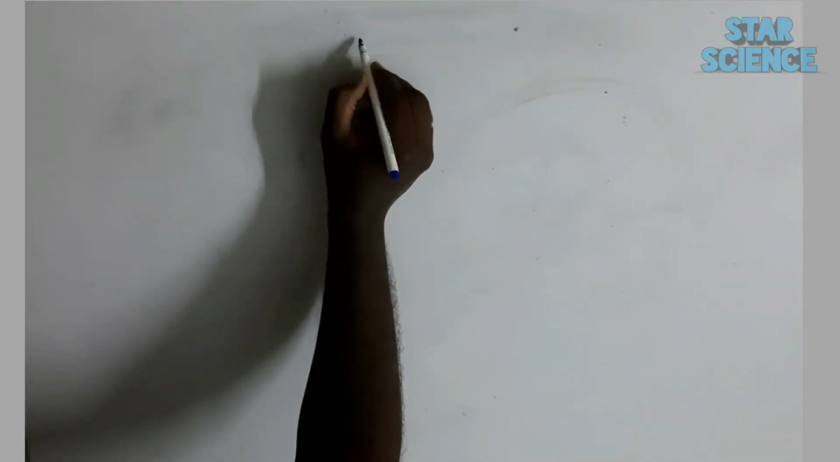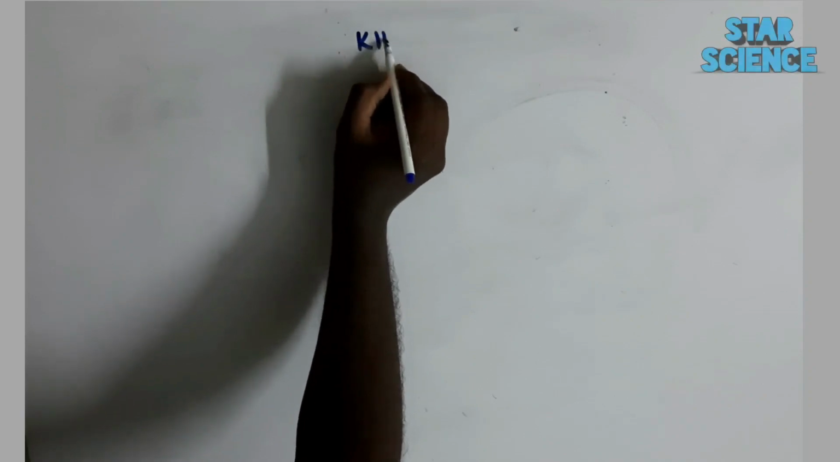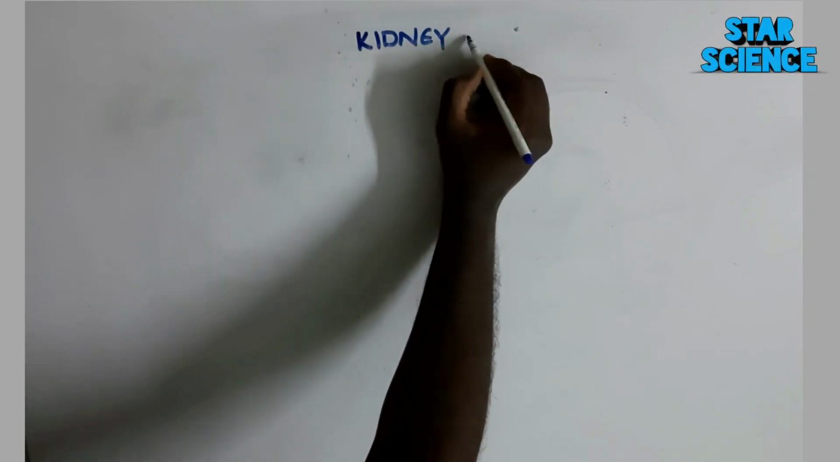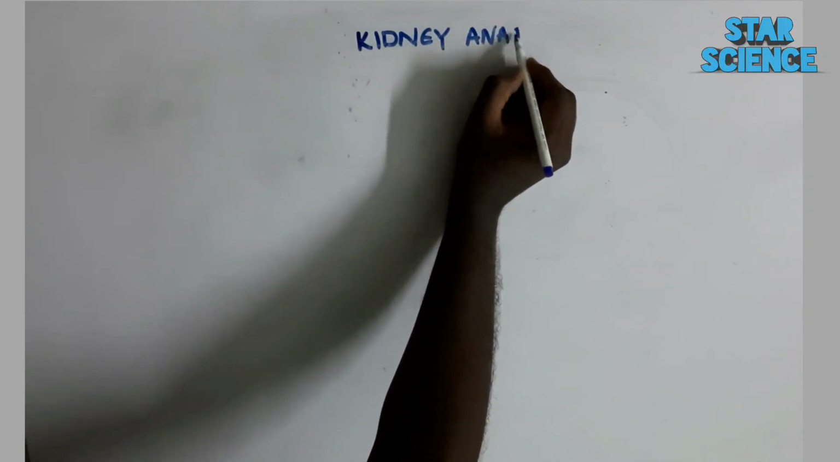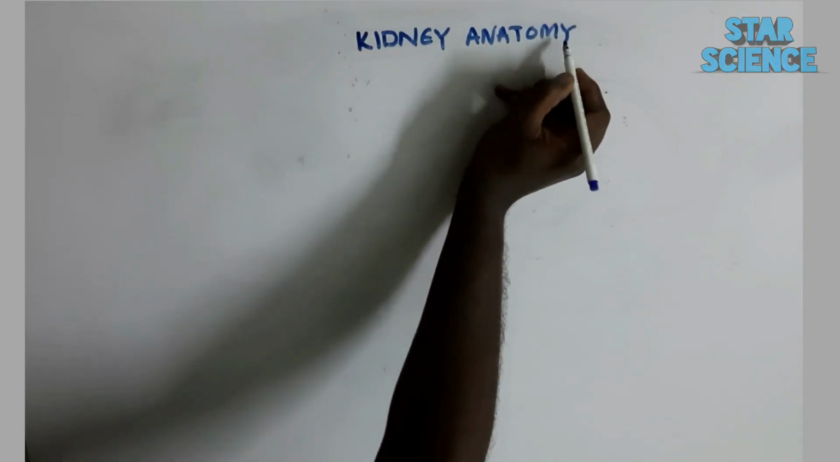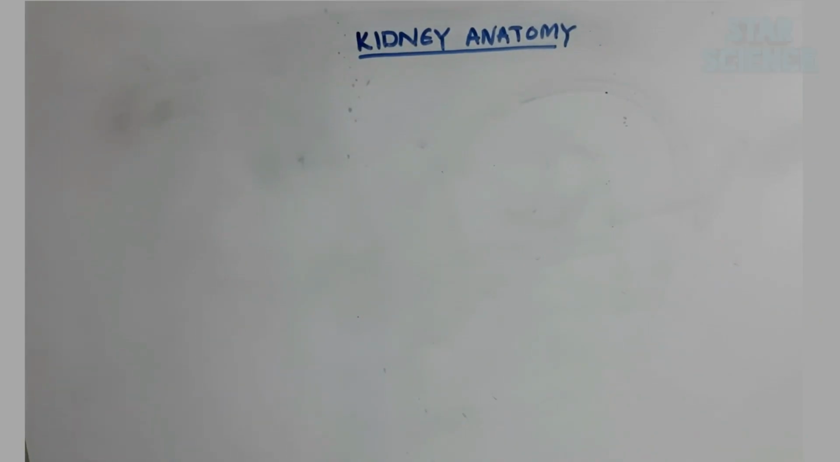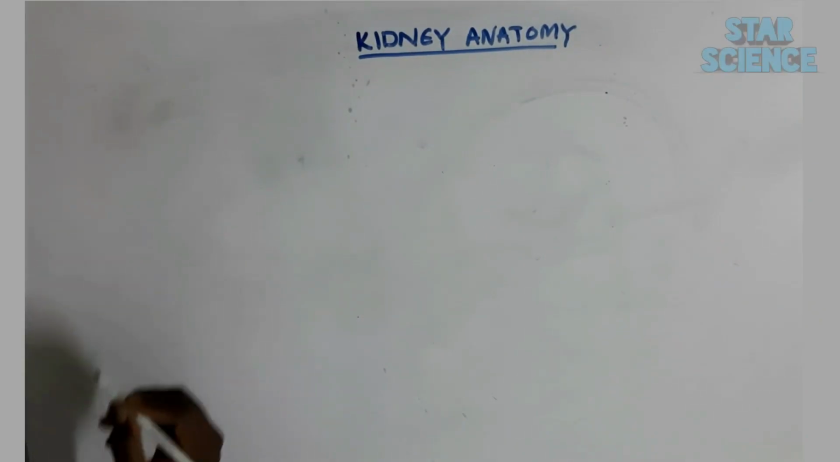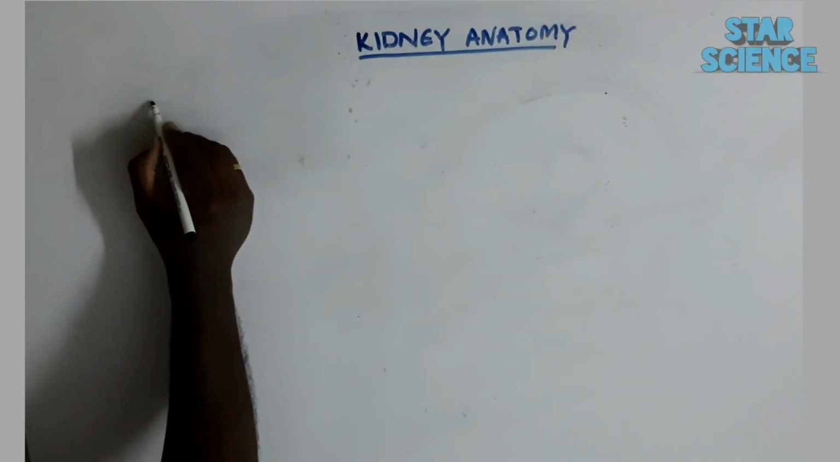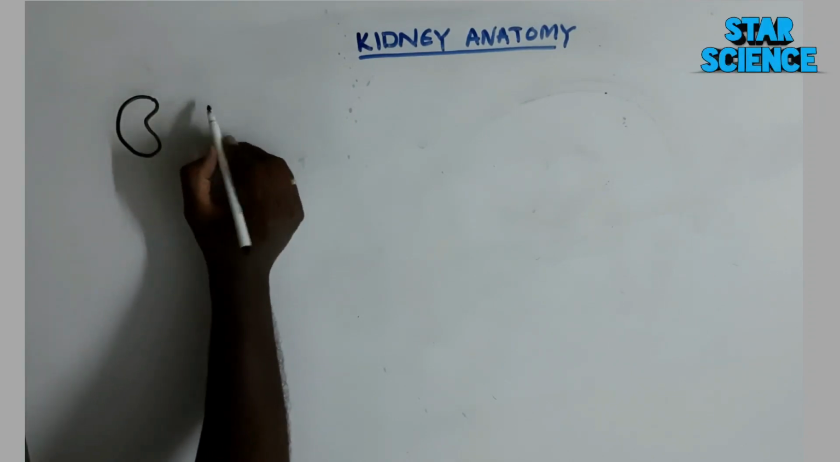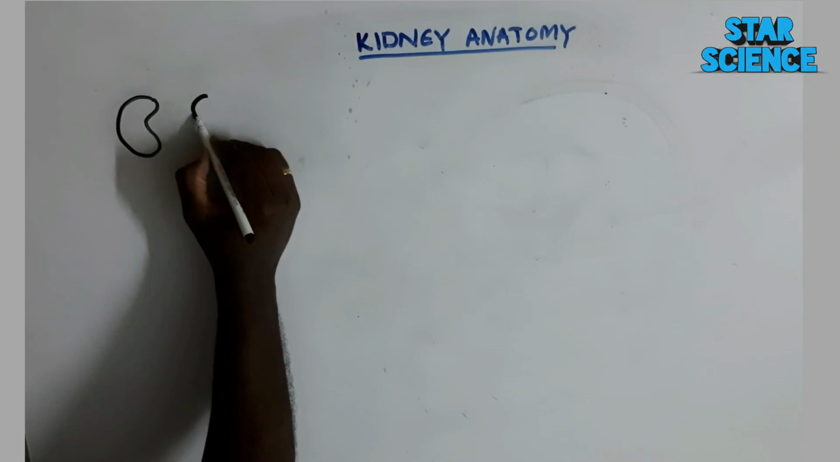Thank you. The kidney anatomy. Now I'm going to show you through diagrams how the structures of the kidney are formed, and we are going to see the exact locations of the kidney, and I'll explain one by one. At present, I'm just drawing out the kidney. I'm drawing the right kidney followed by the left kidney,